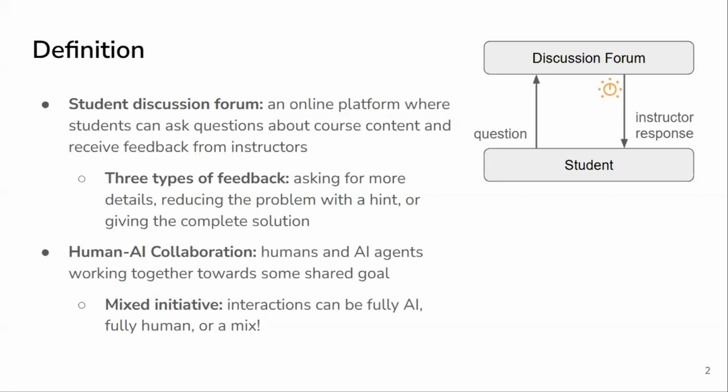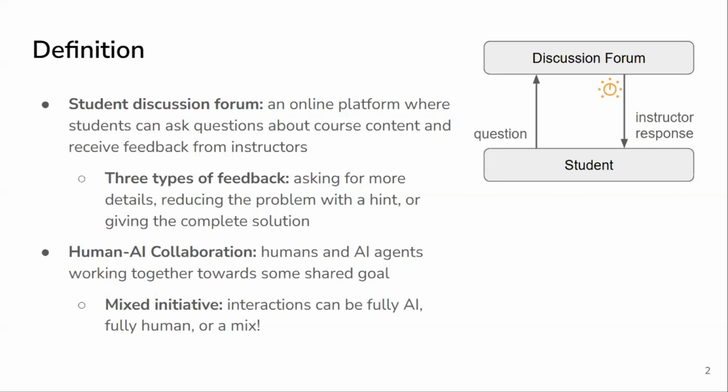They could prompt the student to provide more details about their problem. They could reduce the problem with a hint, basically turning the problem from something the student doesn't understand how to do, breaking it down into smaller steps they know how to solve, or they could just send the solution directly. Now, human AI collaboration, on the other hand, is essentially just the idea of humans and